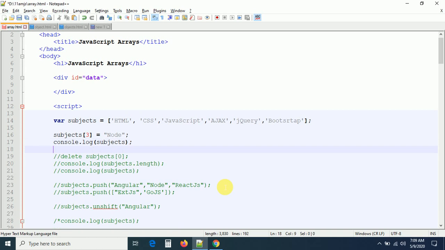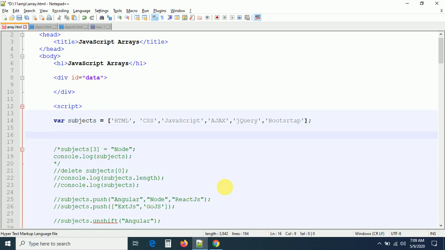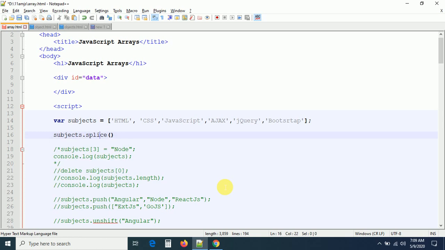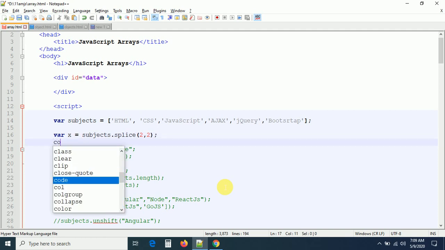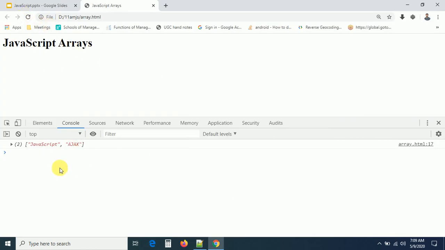Yes guys. So in this situation, the best method is array splice. Let us see how the splice method works. Splice is a method. You have to write something like this, subjects.splice. Let us pass 2 comma 2. I'm not doing anything, just giving 2 comma 2. If you want, we can take this into a variable also, x equal to. If you print x, guys, what is my output here? I'm just printing x for confirmation. Let us check what this x contains. You can take any variable there. I'm just refreshing. Can you see? Do you have anything in the x? We have 2 comma 2.